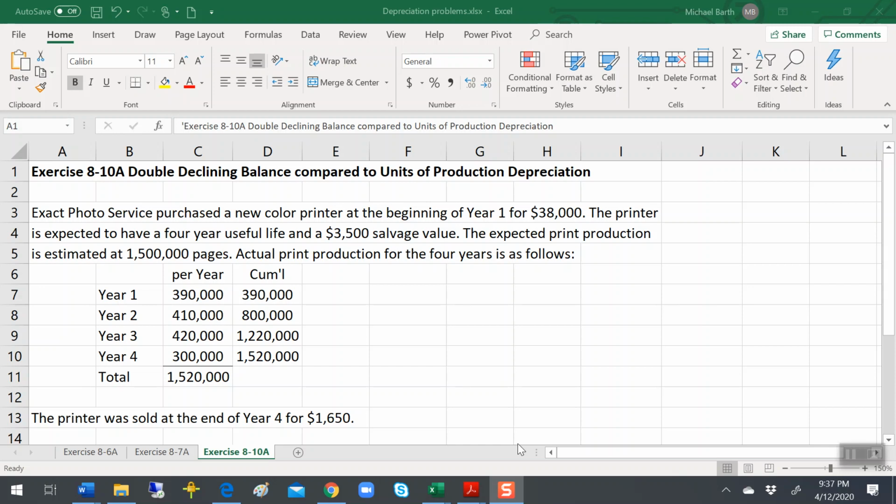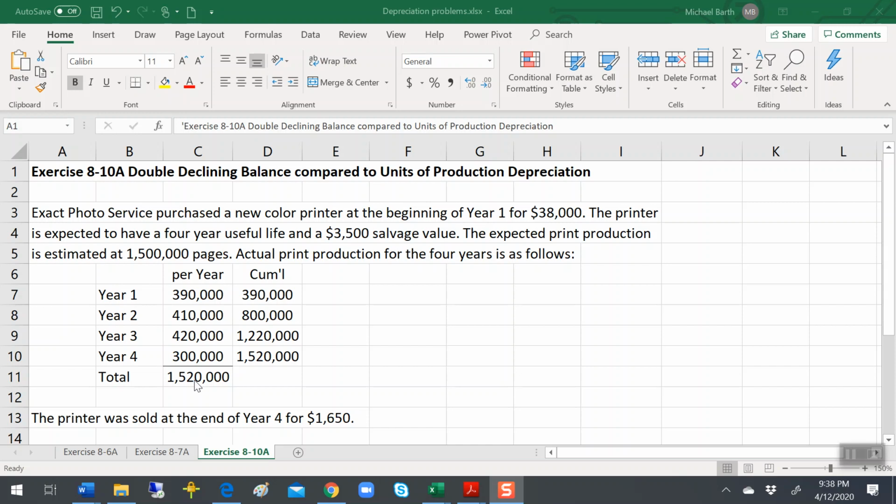All right, so this photo service bought a new printer for $38,000. It's expected to have a 4-year useful life and a $3,500 salvage value. And they have some expected printing as they go along. They're forecasting 1.5 million pages, but they also give you the actual. Notice they took more than